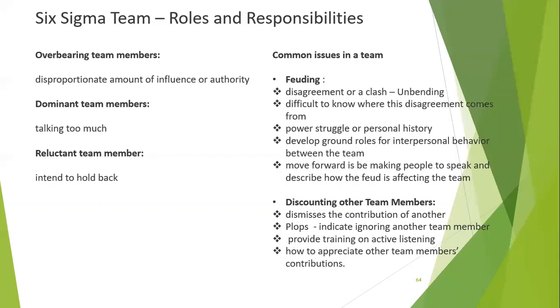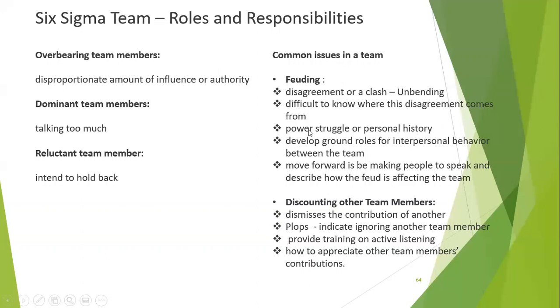And the second thing is, when we have these kind of people in the team, we don't know where the disagreements come from. For example, you talk about one particular process, and two people start fighting, start disagreeing between themselves. We don't understand why there is a disagreement or how it arises. These are very difficult to understand. Sometimes, to prove their power, or because of their personal history, they want to struggle here. This also will happen.